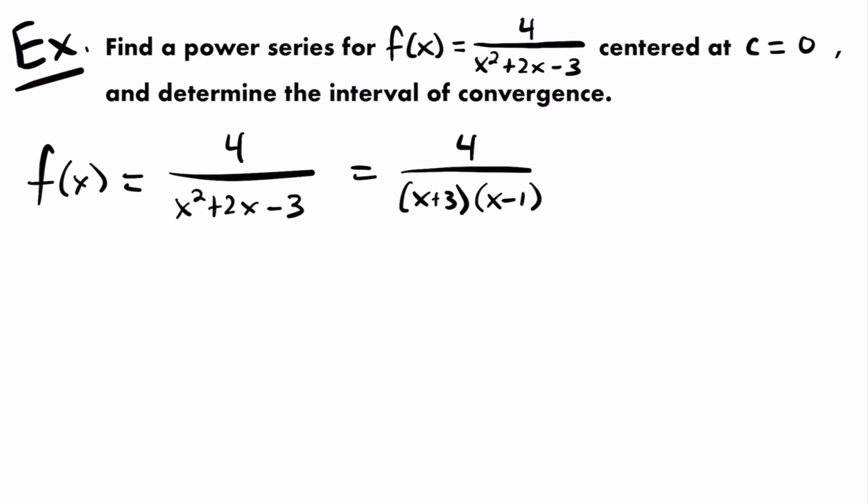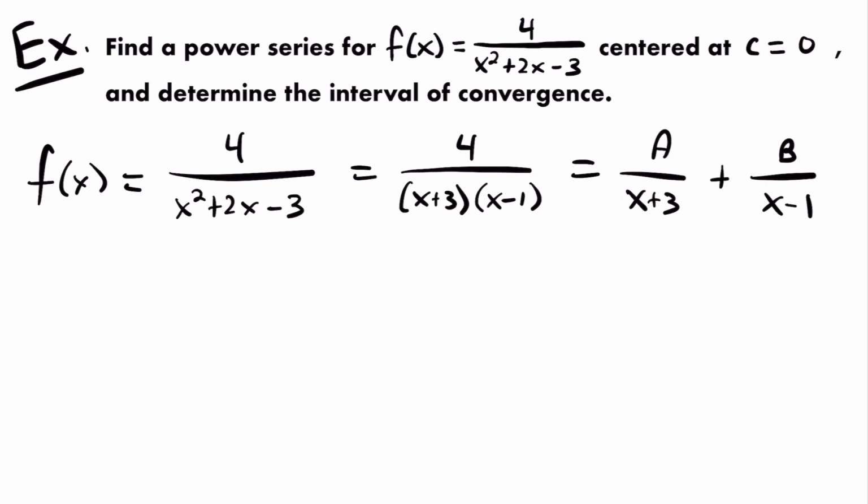Okay? And so our two partial fractions are going to be some constant a divided by the first linear factor of x plus 3, and that's going to be added to another partial fraction with a coefficient of b, and that will be divided by the other linear factor of x minus 1. Okay, so now we have to solve for a and b to figure out what these partial fractions will be,